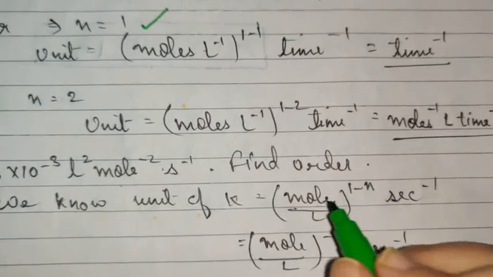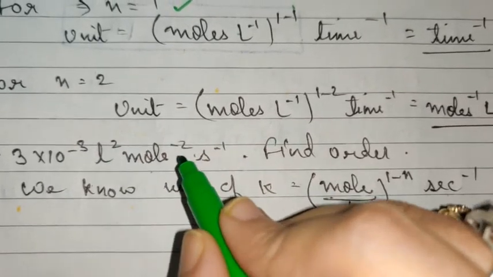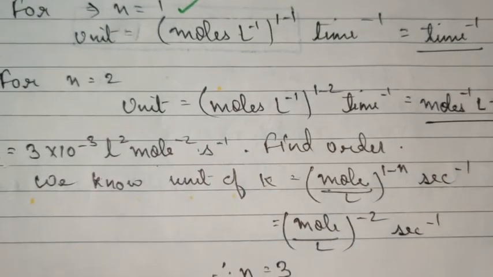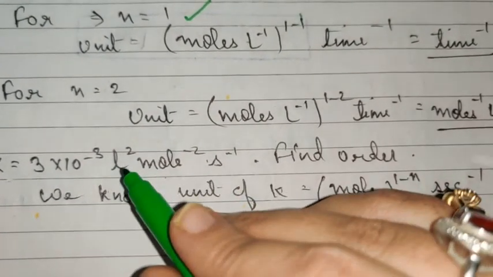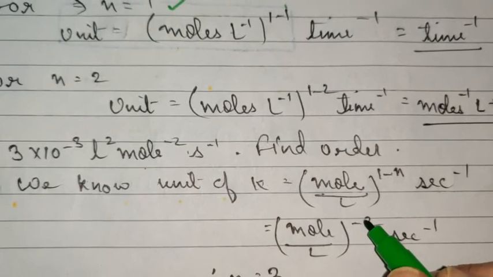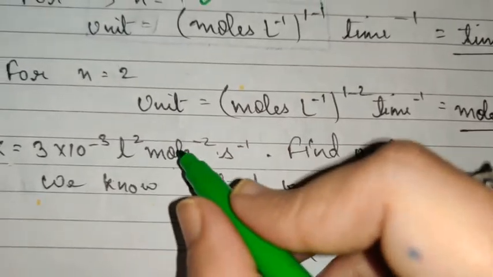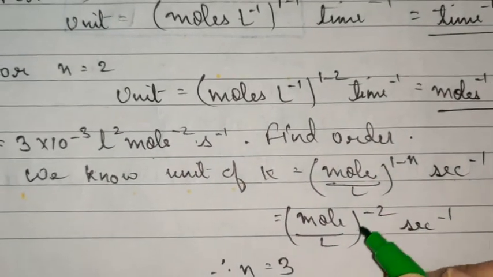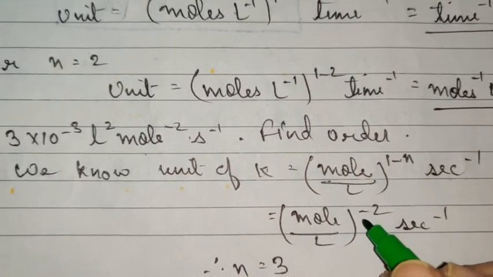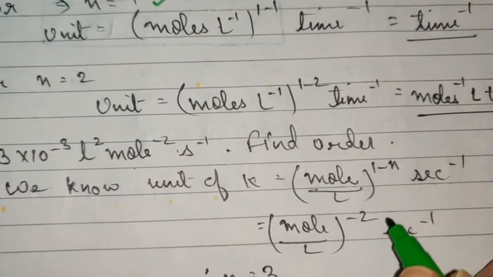I repeat, this is the general expression for K, and as you can see here, liter square mole raised to the power minus 2 you want, and second raised to the power minus 1 remains unaffected in all the expressions. So to get this value, you should have minus 2 in the power here. When you multiply this with mole, it will become minus 2, which is satisfying this value. And when you multiply liter with this, it will become minus 2, and when you shift this to the numerator part, it will become liter raised to the power 2. So this minus 2 will satisfy our requirement.